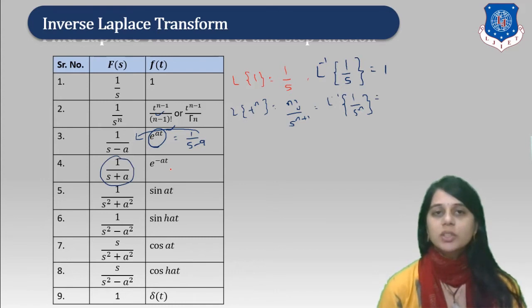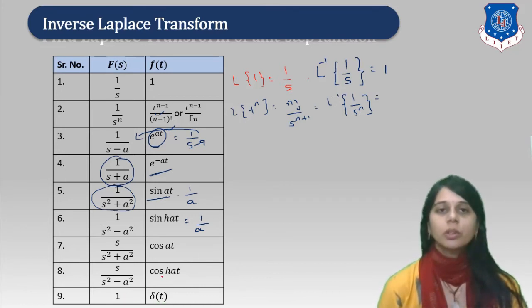Inverse of 1 upon s plus a is e raised to minus at. 1 upon s square plus a square is sin at into 1 upon a. 1 upon s square minus a square is 1 upon a sin hyperbolic at. S upon s square plus a square is cos at, and s upon s square minus a square is cos hyperbolic at, and inverse of 1 is delta t. Okay, so